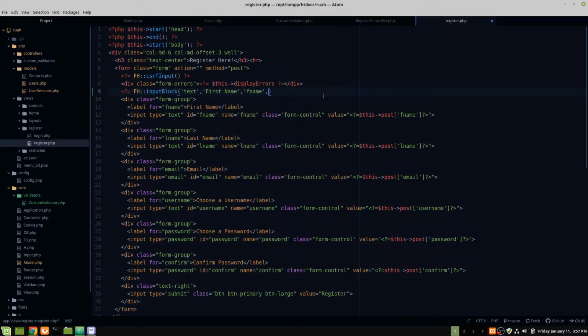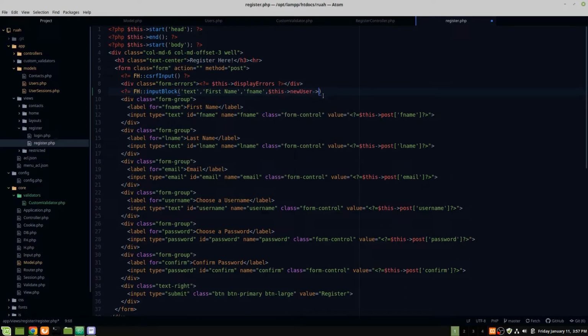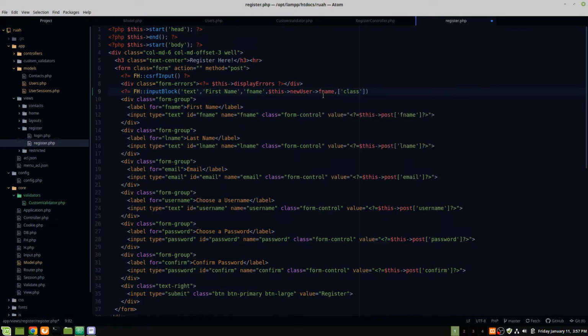The next thing we're going to do is pass in our value. So the value for this is actually going to be this new user, and then we're going to pass in fname. Okay, the next thing that we can do is give our input some attributes. So we're going to give it a class, and we're going to just give it a class of form control, and then